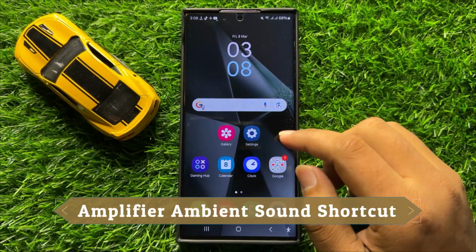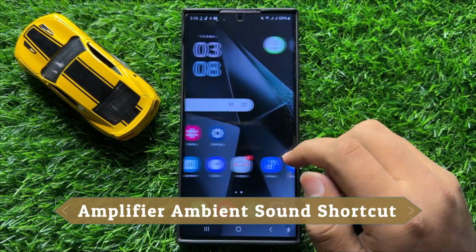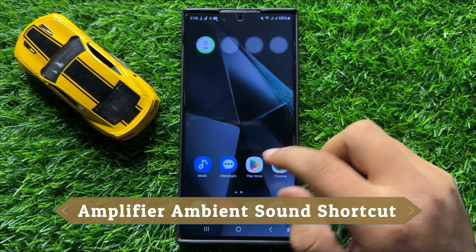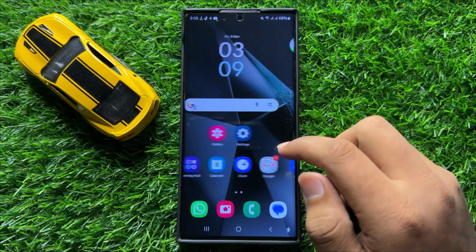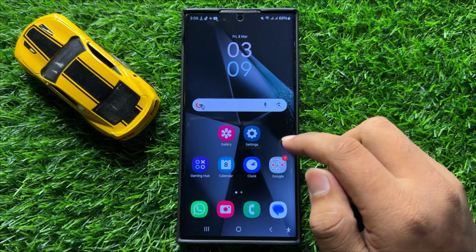Hello everyone, in this video I will show you how to enable or disable Amplify Ambient Sound shortcut in Samsung